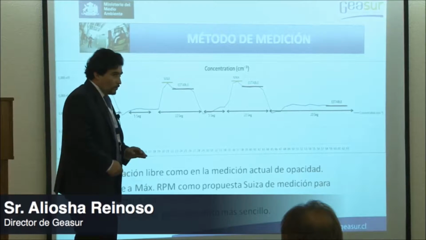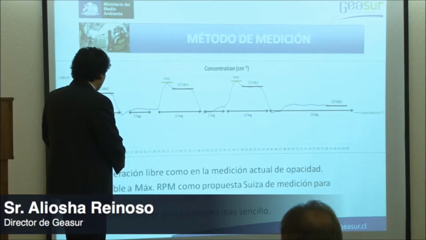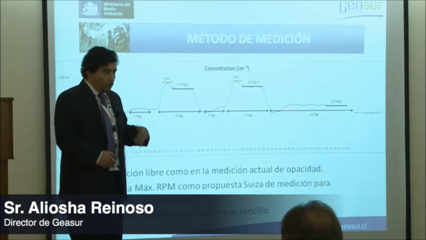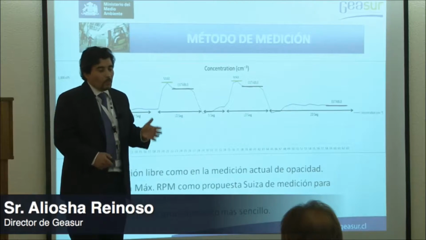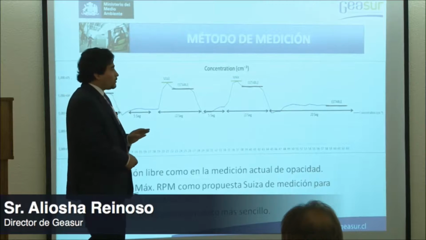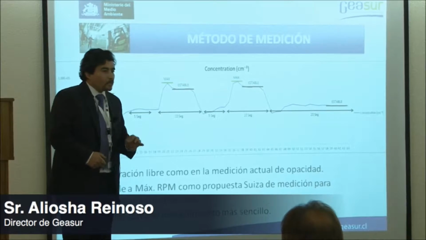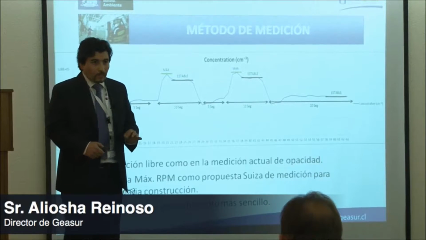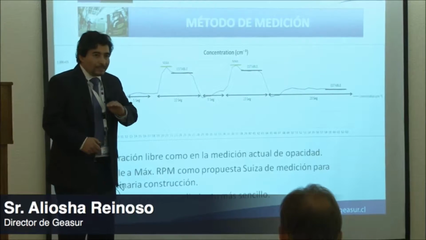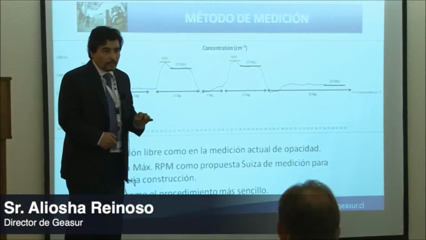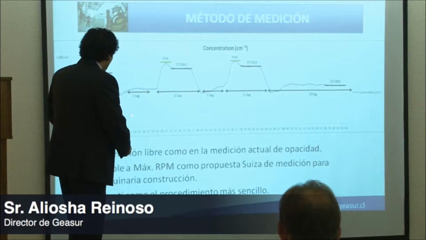In every cycle, we did a free acceleration that would allow us to get the highest value under the same conditions that we had before. Today, the opacity is being measured in free acceleration, and this is the same value in the same conditions, but measured as number of particles. Now, after that, the measurement in a stable condition represents the operation at maximum revolution, but in stable operating conditions, which was a second measurement point during the campaign.